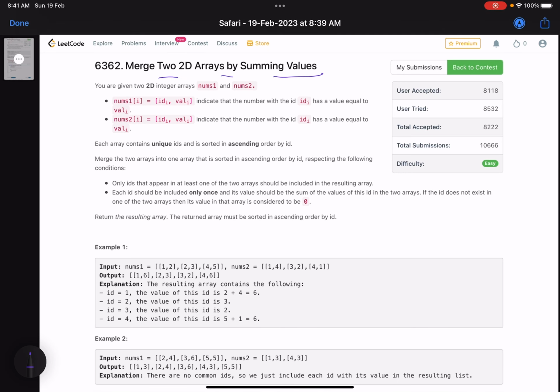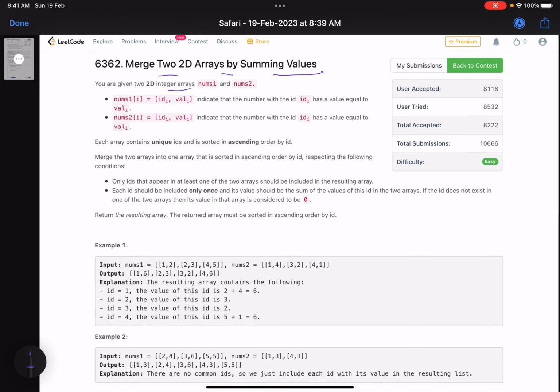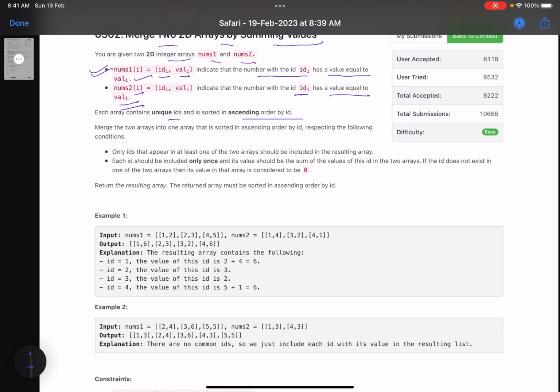So the problem description says that you are given two 2D arrays, nums1 and nums2, okay? And this is what the array has. nums1 of i equals id i and val i, which indicates that the number with id i has a value equal to val i. Okay, and similarly in nums2 you have the same thing. Each entity in nums2 indicates that the number with id i has a value equal to val i. Now each array contains unique IDs and is sorted in ascending order by ID. So merge the two arrays into one array that is sorted in ascending order by ID,